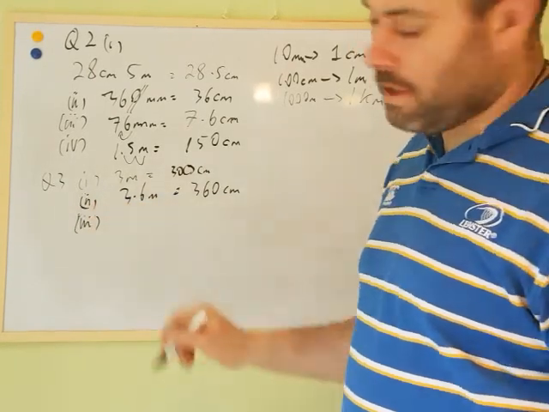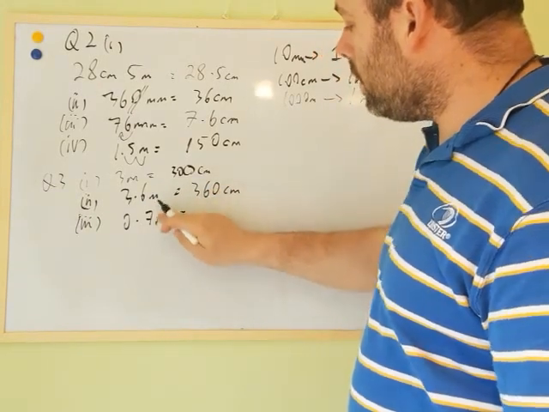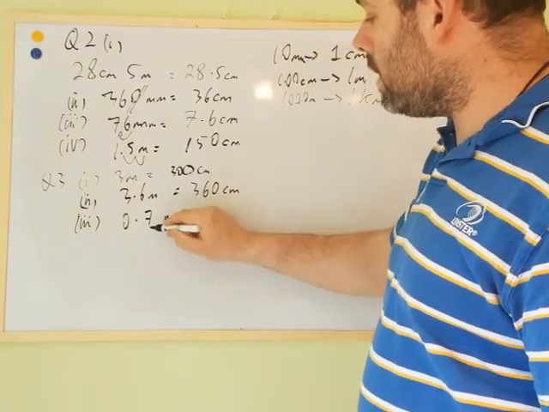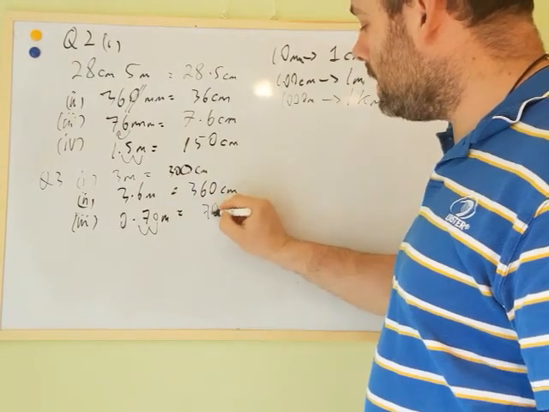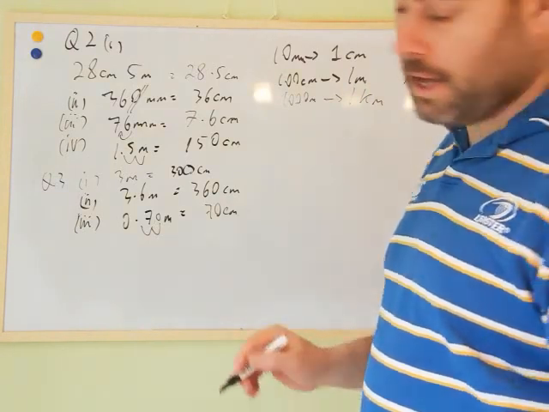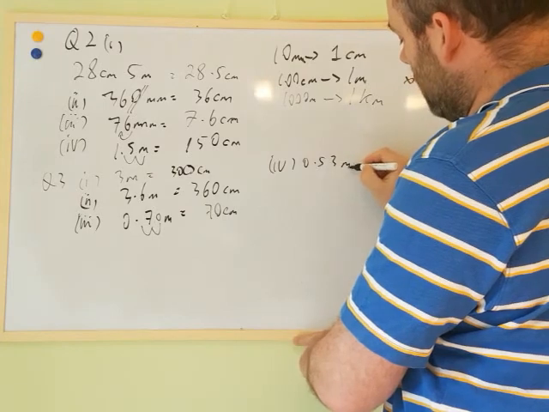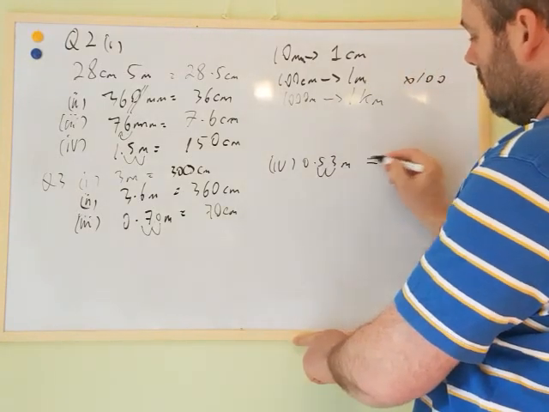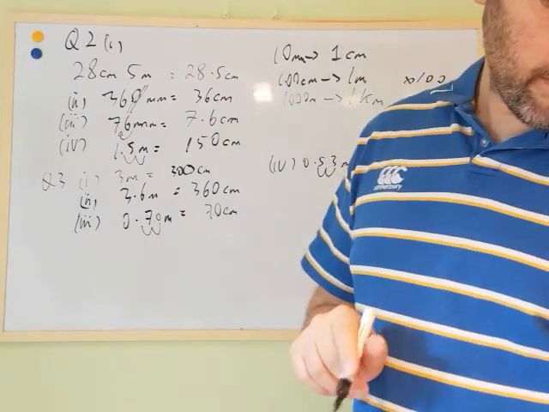Part 3. 0.7 meters. We're yet again moving this 2 decimal places to the right. So that's 1, 2. So that's going to be 70 centimeters. Okay, and then our last one, 0.53 meters, 2 to the right, 1, 2, 53 centimeters. Okay, question 4,